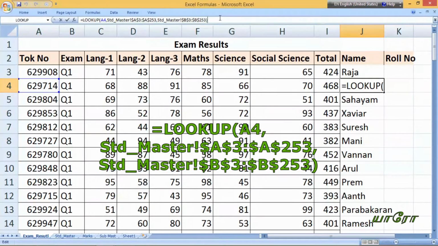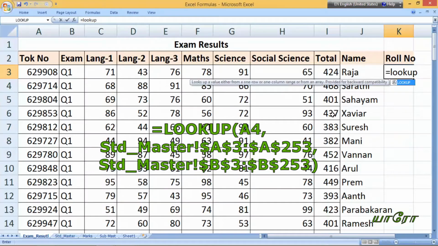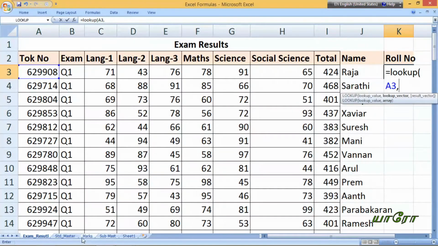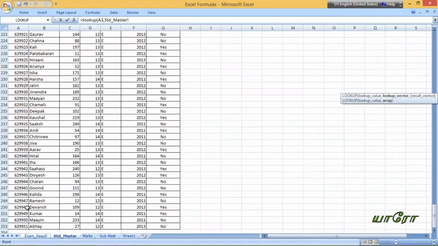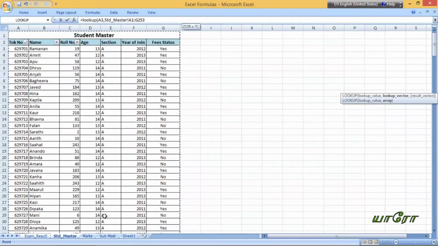So you understood? It is displayed on screen also for your easy understanding. Once again I am going to put it for roll number. I am going to get roll number from the student master, and the result will be roll number.